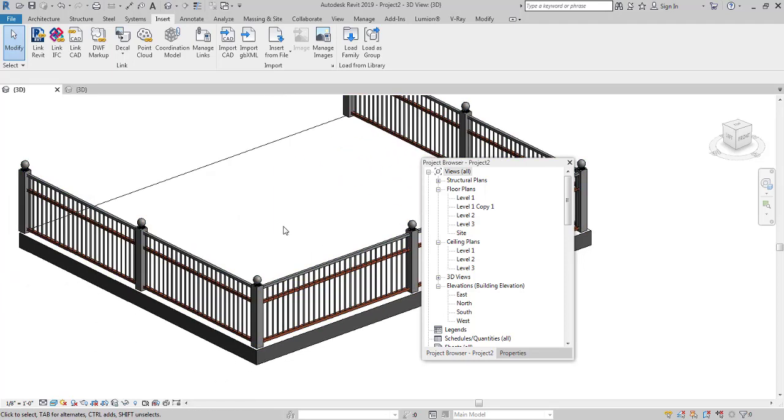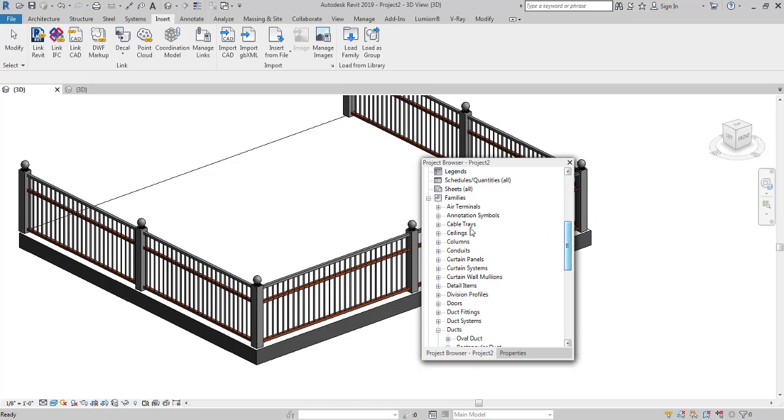So let's get started. Now that we've added our balusters in, I would like to add materials to these balusters, and how I can do that, it's not that hard. Go to the families tab over here, and as you guys already loaded in this square post with ball in the previous part of the video, this family has been loaded in. So how do we find it?